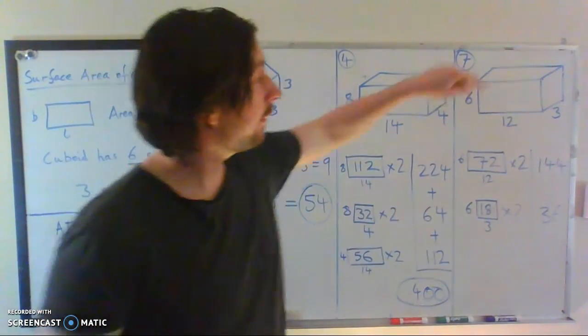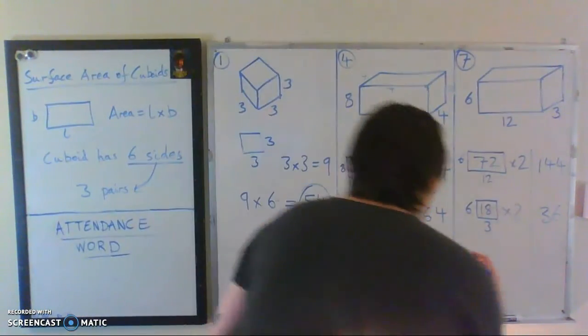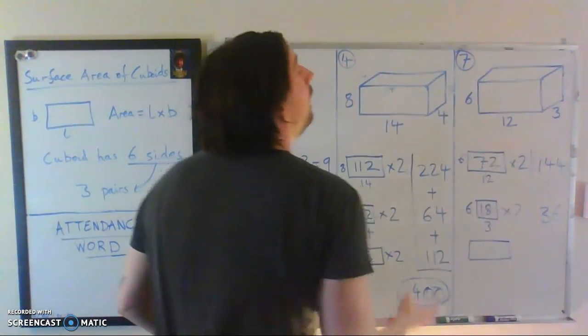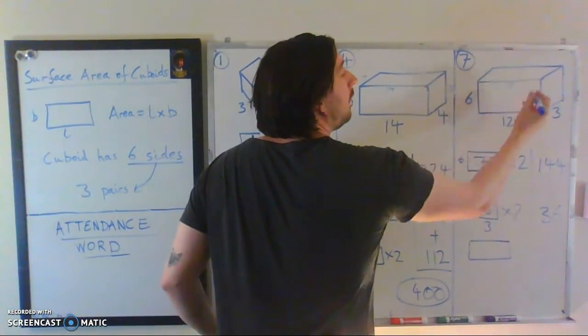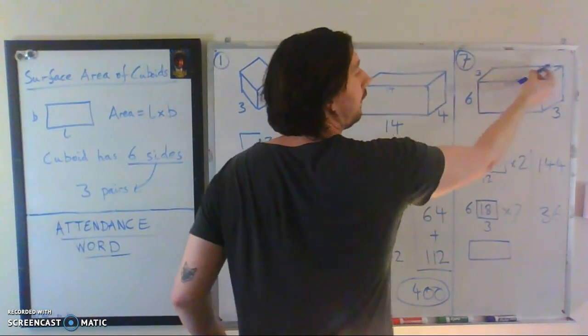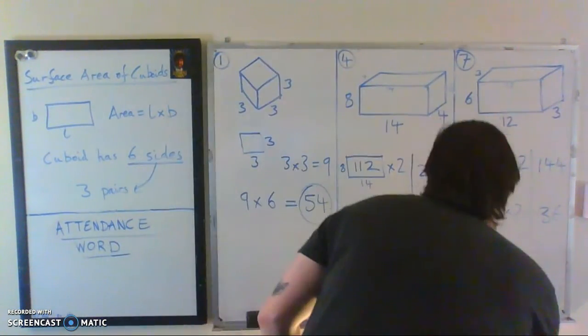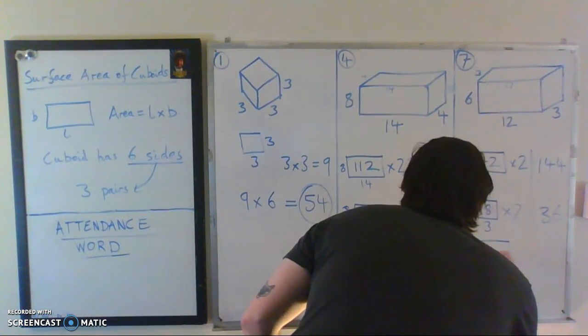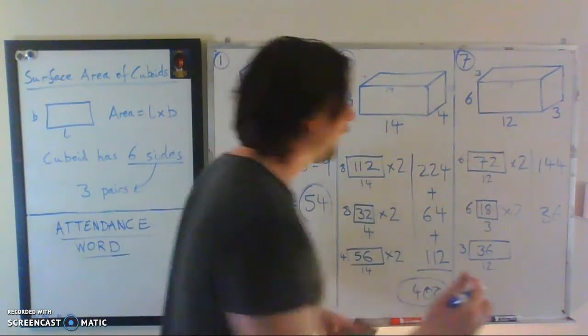And then finally, the top and bottom. It's 12 and 3. See how that's parallel? 12 and 3. 12 threes are 36, and then if I double that,